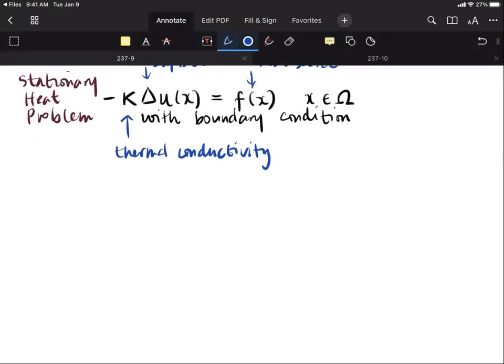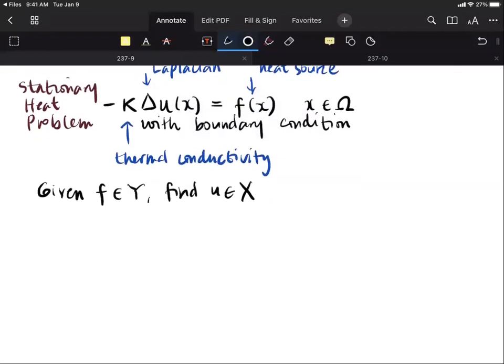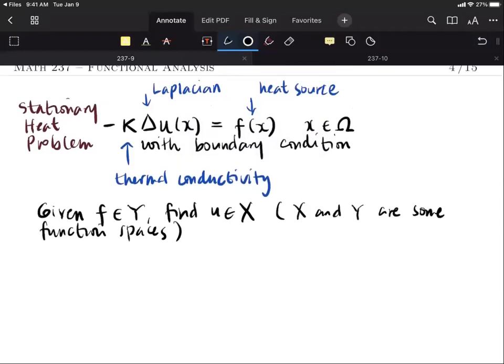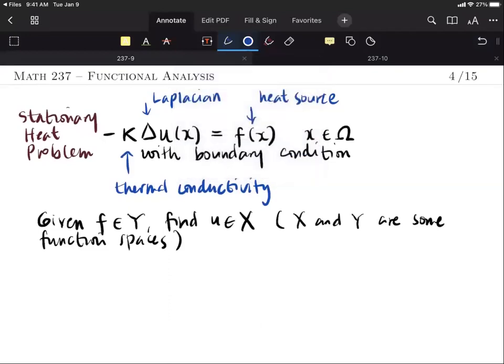Again, let us define, let's say, U given some heat source F in some function space Y. We look for a temperature distribution in some function space X. So again, here, X and Y are some function spaces. And we define, so the problem can be written as, let's say, A of U equals F,